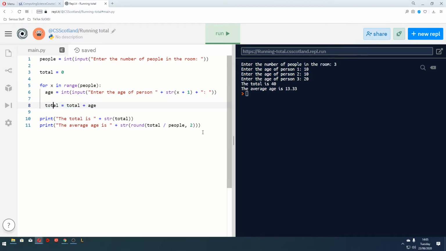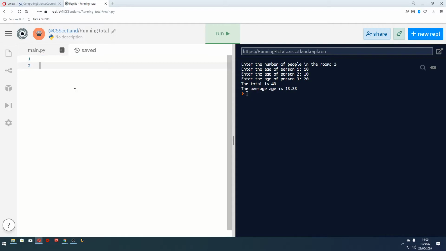Let me show you one more example. Let's say there are 10 people in the room and we want to ask if they prefer cats or dogs. Let's have a total for dogs and a total for cats. And we're just going to ask 10 people, for x in range 10. And then we'll ask what they prefer. And if their preference